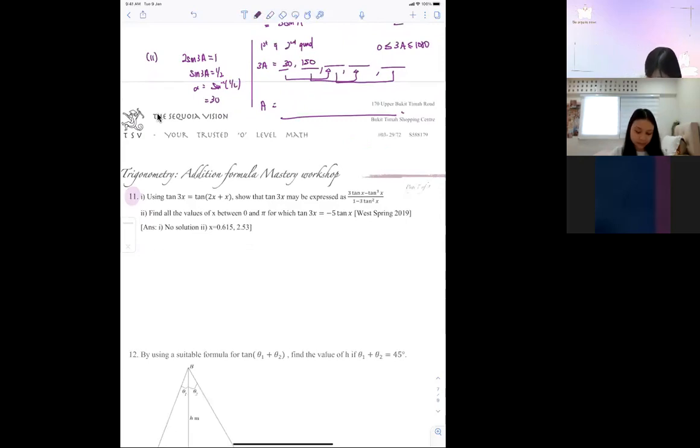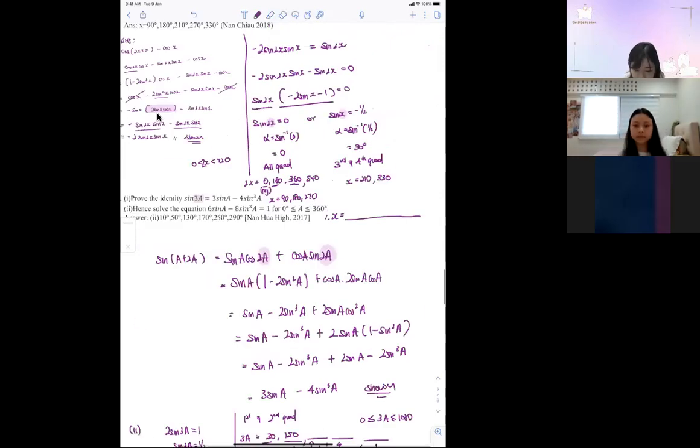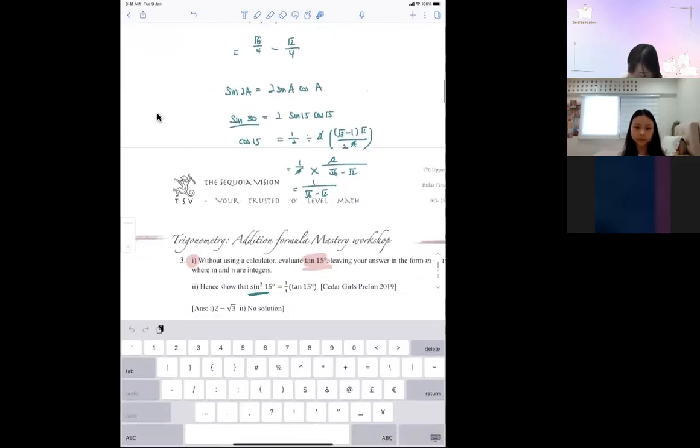So let's see. So we have tangent 3x is tangent 2x plus x. So let's split it first. Okay, remember your tangent addition formula. Okay, be careful. If this is plus, this is minus. I explain one more time. So if we go back here,